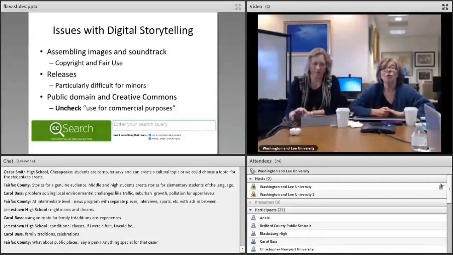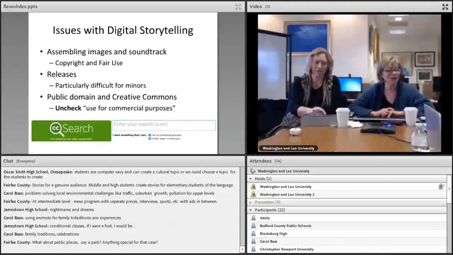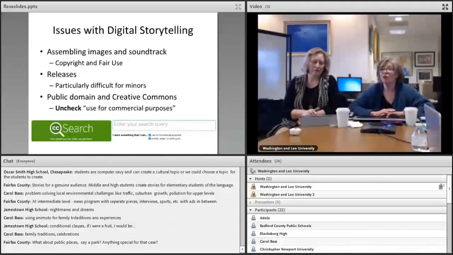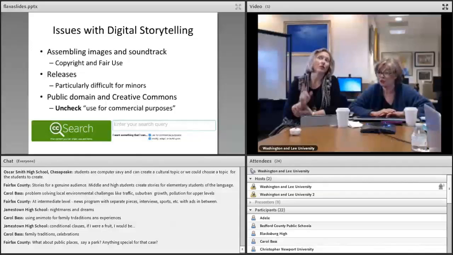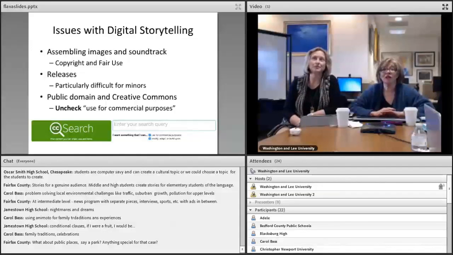You can search on Creative Commons for a number of things: music, images. The stuff that's out on Flickr and Google is not free for you to use unless somebody has licensed it for public use, although Flickr does have a Creative Commons search built in, and Creative Commons search will also search Flickr.